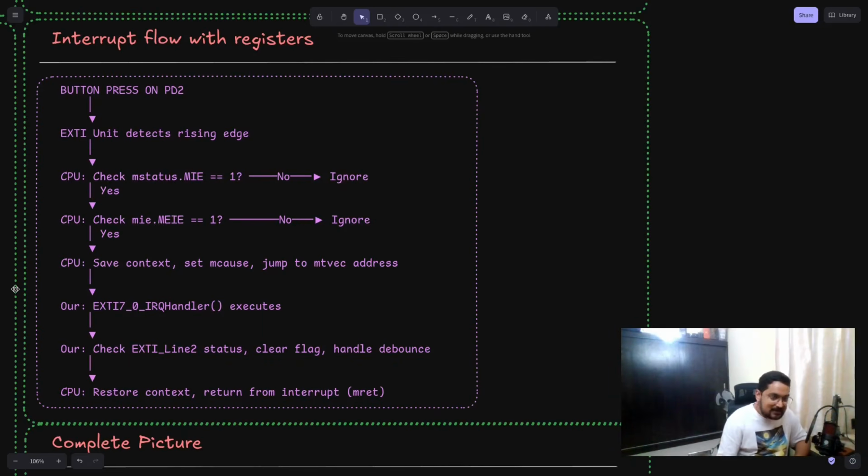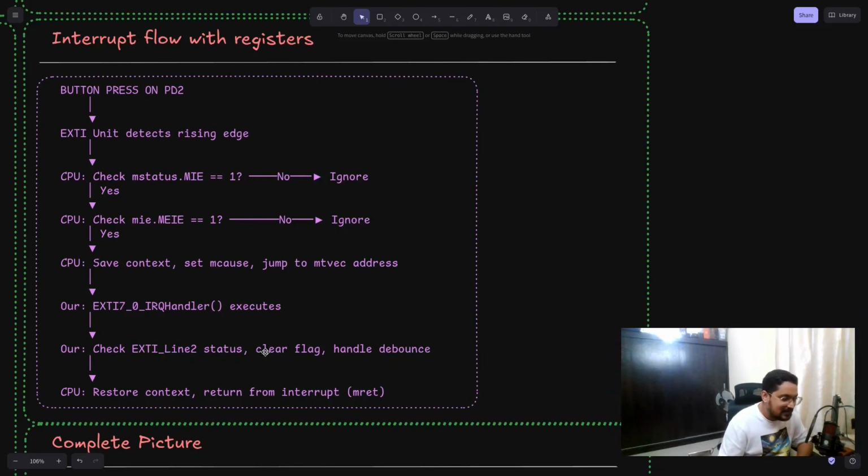Next, you save the context, that is save all the 16 registers of the CPU. Then you set mcause. Mcause is a register that tells you what happened, and then due to the VTF or vector table free operation, immediately the vector address is also stored by hardware, so the lookup is bypassed. Okay, the table lookup is bypassed, and then immediately the external interrupt handler is executed,